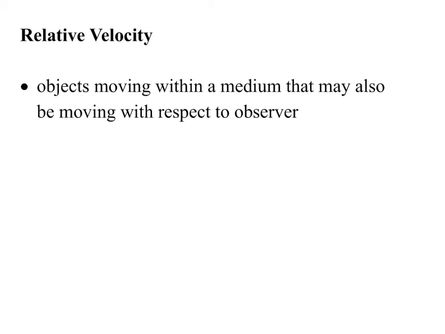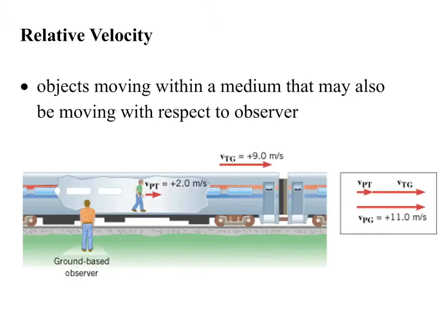Let's talk about relative velocity. What does that mean? Well, we talked about it a little bit, but this is when objects are moving with a medium that might be moving with respect to an observer or staying still with respect to an observer. So we've actually already talked about a situation like this, and that is if you're walking on a train at